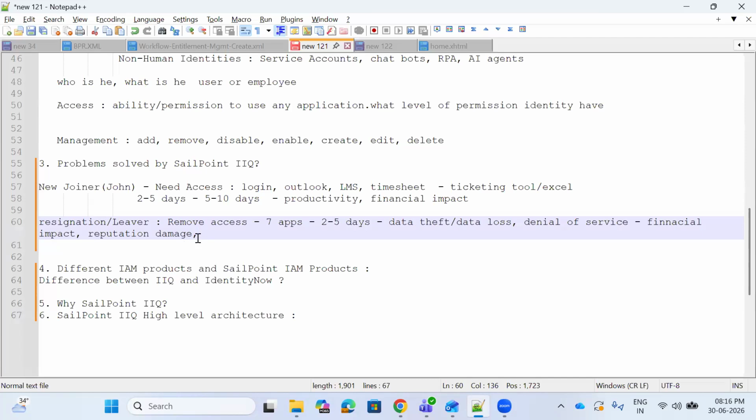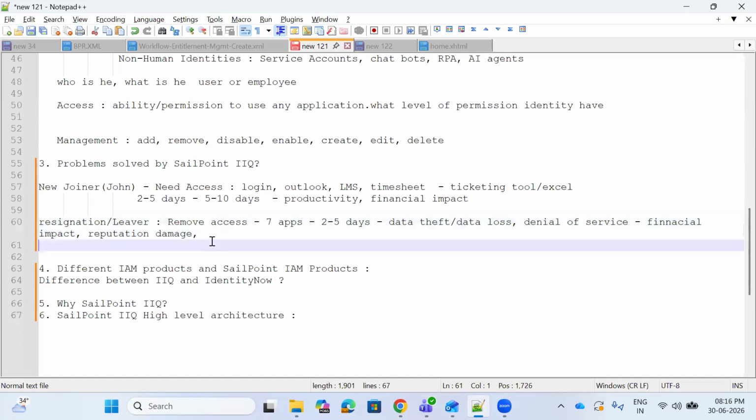So once access is given, we need to keep track of the access. We need to regularly review the access, whether the current access that the user has is really required, or we can remove anything or not. And at the same time, if any audit happens for access and all, we need to have a clear record of everything. So what access has been given, how we have given that, is that person using it or not, or who removed the access, who allowed us to provide the access. So all these things will be coming when we have audit. Okay. So we need to keep track of data in order to answer those audit questions also. Okay. So that is one of the